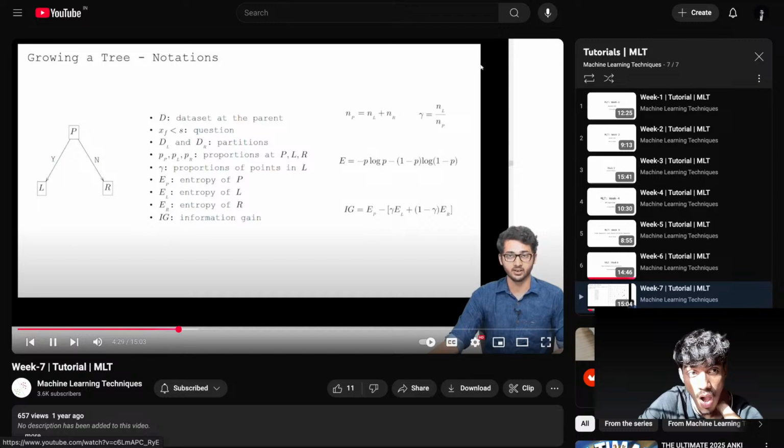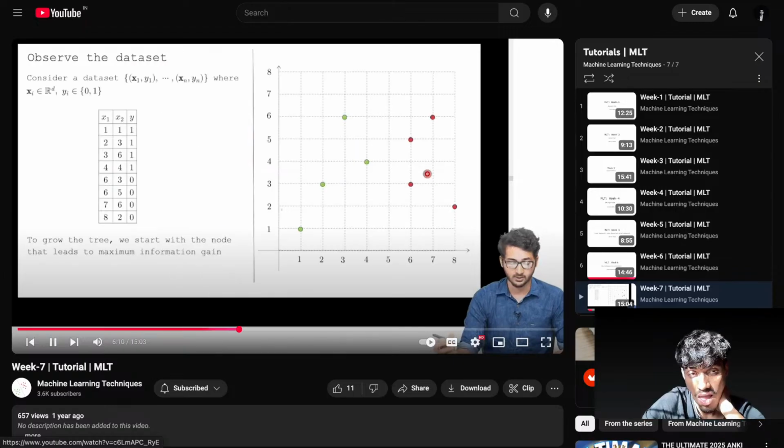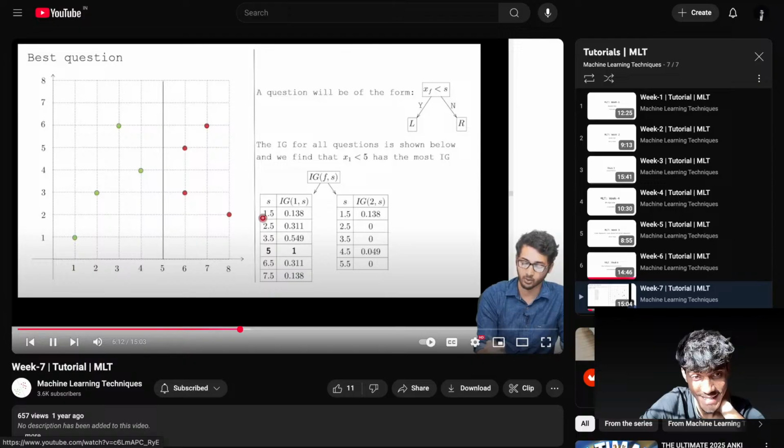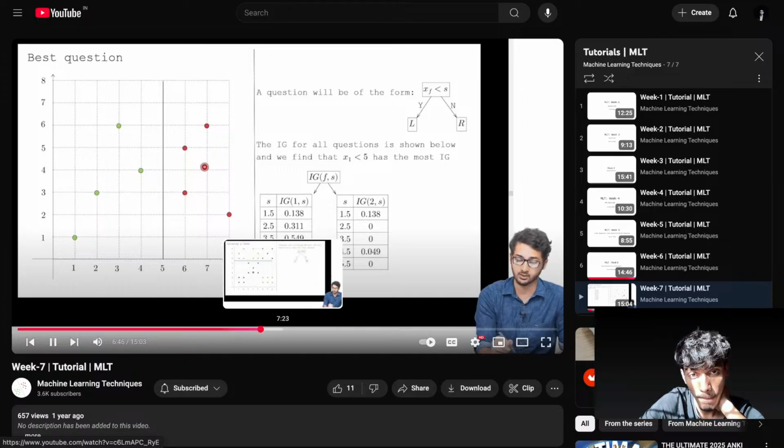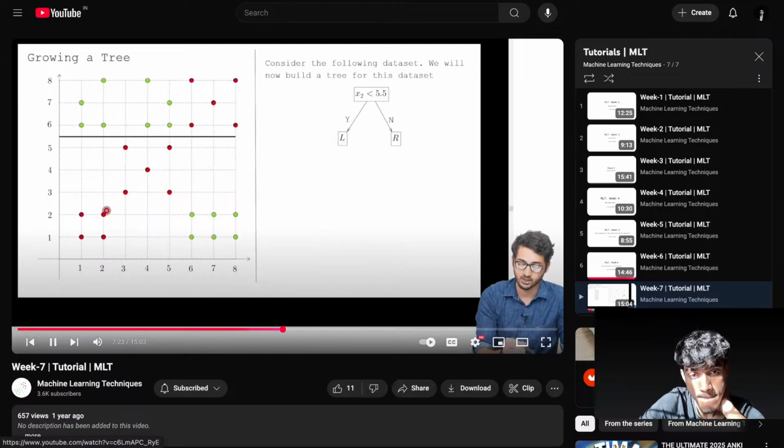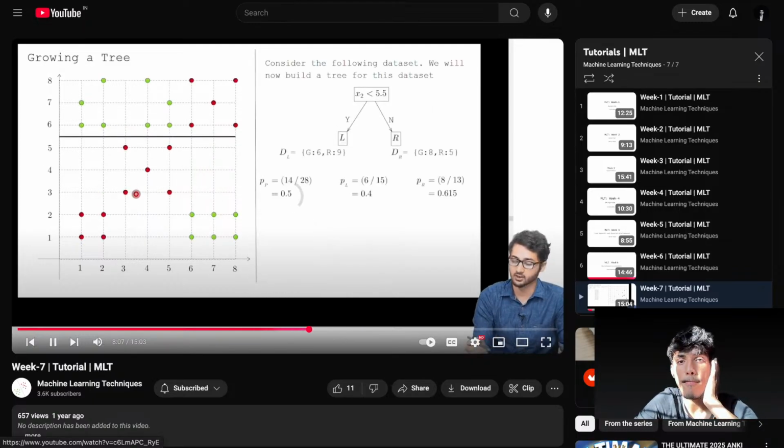Now we are going to have a look at decision trees. First, the formula for entropy is shown here, the formula for information gain is shown here. We want to find the question S. The value for S can be 1.5, 2.5, 3.5, and so on, and the information gain belonging to class 1, these points here, which is why the proportion